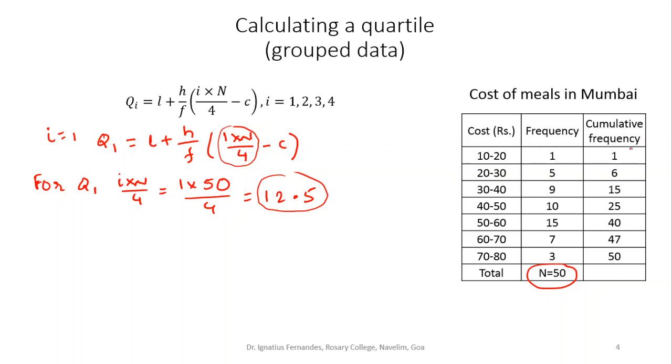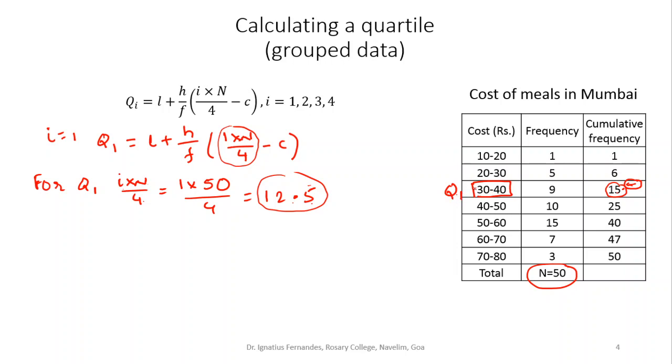So now you find out where this particular value 12.5 is. Go to the cumulative frequencies. Here we are looking at the cumulative frequency. I want the 12.5th entry, approximately. So I have 1, 6 and 15. So the 12.5th entry will be somewhere here in this class. So this is the class that will contain Q1. After I have found 1 into N upon 4, which is 12.5, I went to the cumulative frequencies and located where that particular entry would be. Now 12.5 will be after 6 and 15, so it will be somewhere here. This is how I identify the class that will contain Q1.